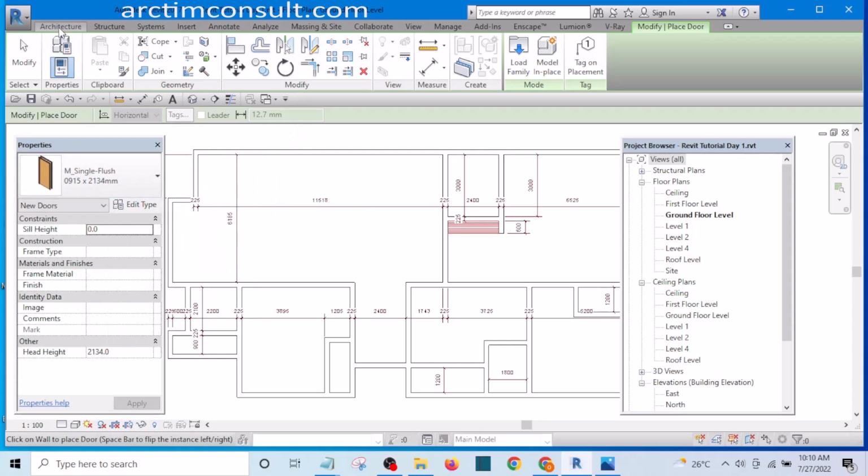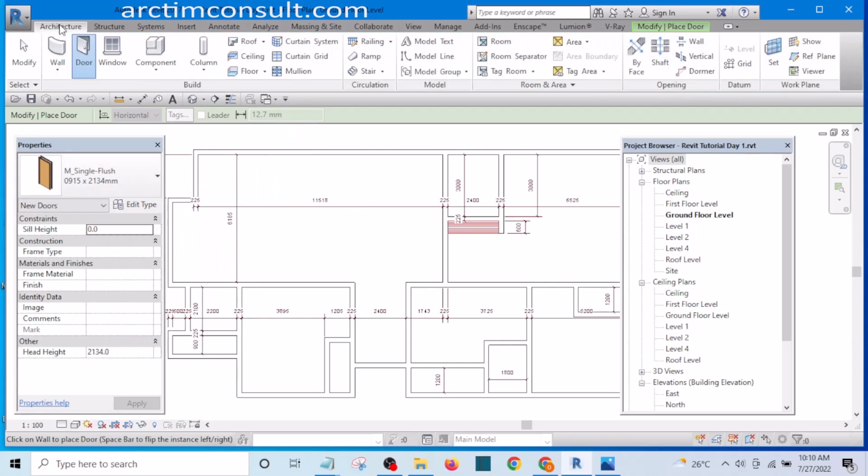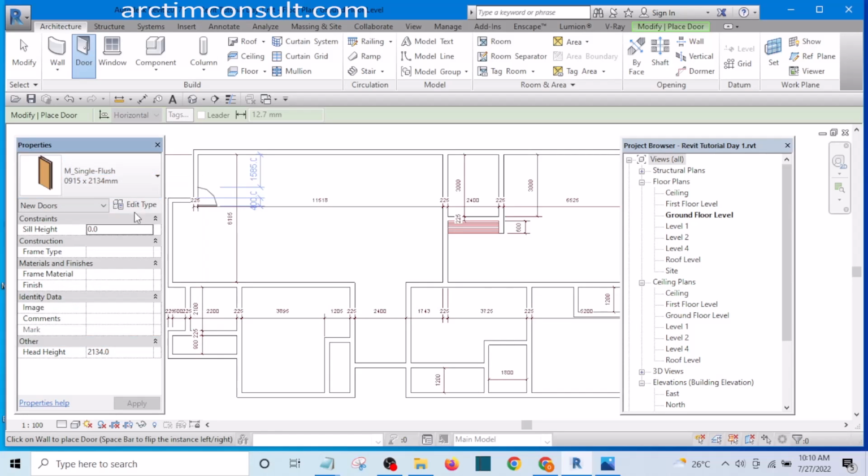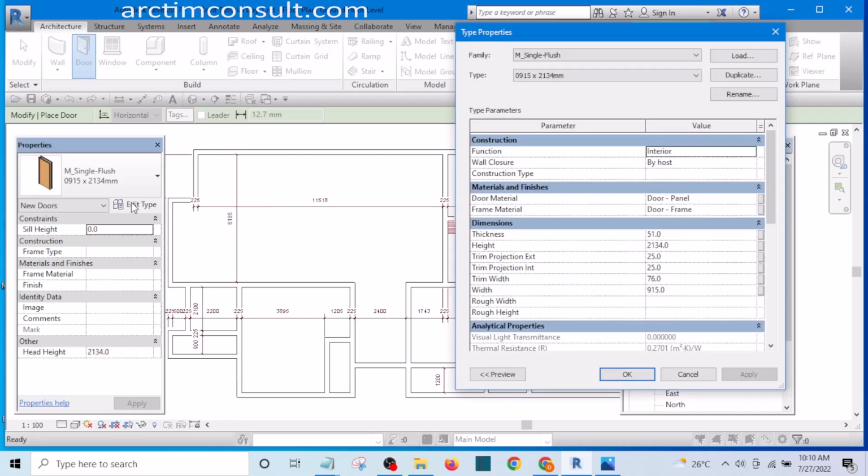Another way you can do it is go to architecture, you see door, but that will be a long way. I prefer to use shortcut. And this door we have here, the one I want to use is 900 mm by 2100 mm. So I want to edit it, edit type,